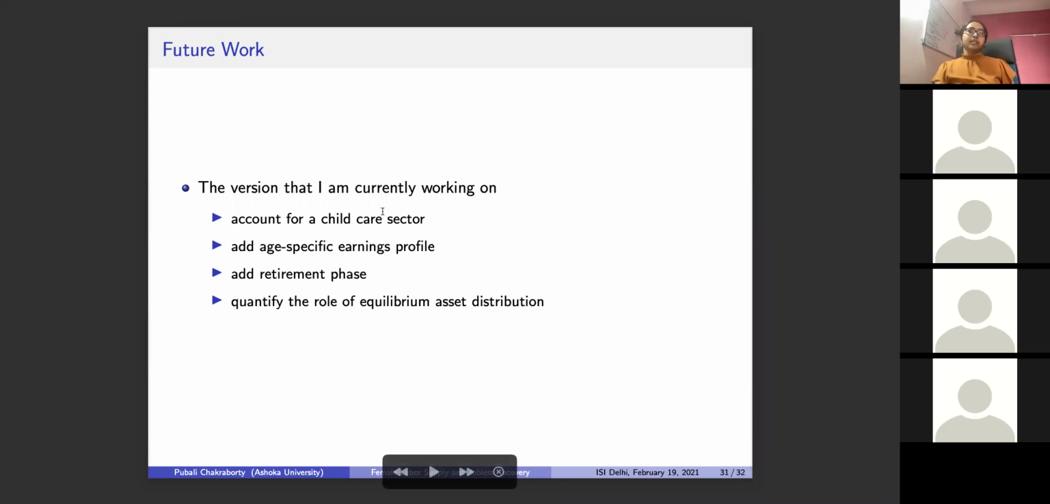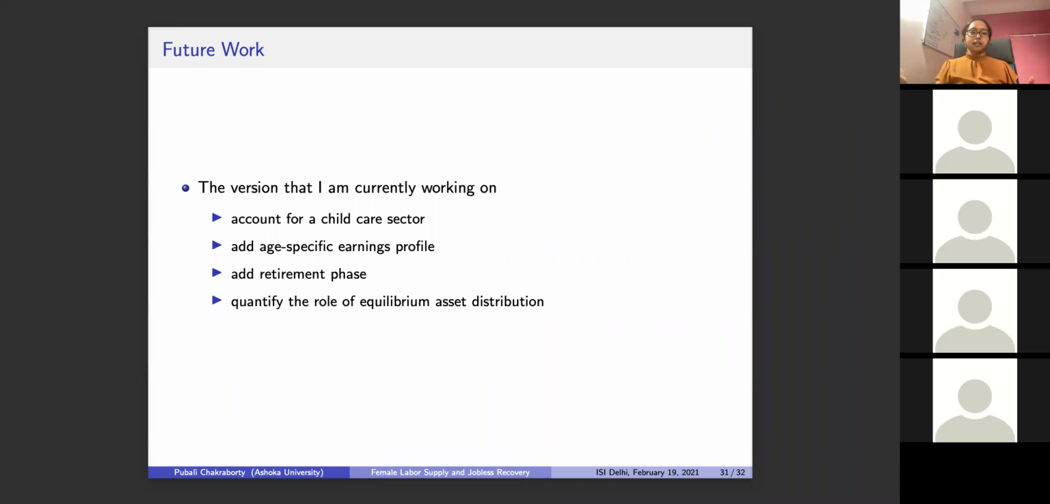So that's something that I'm currently working on. And as I mentioned, I'm incorporating a separate role of age beyond... At this point, it just matters in terms of the number of young children you have, but specifically accounting for an age-specific earnings profile. Then I'm adding a retirement phase, because in my model so far, agents were finitely lived,